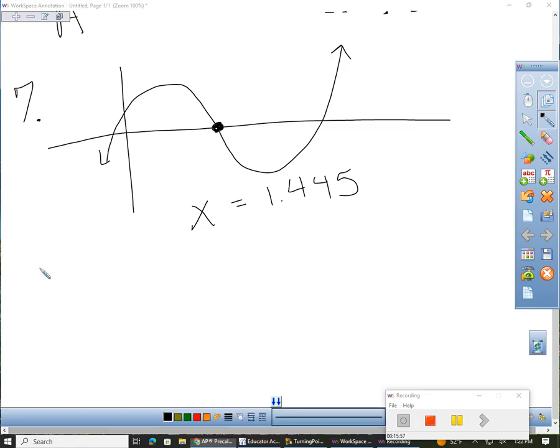Okay. Let's talk about 9. On 9, it gives you some values. So instinct should tell you you're probably going to need to put it in your stat. Yep, list 1 and list 2. Okay. So in this one it says predicted by the logarithmic function. So when you go in there, the one you need is natural log reg. There should be an ln button, like an ln reg. Okay? So when you put it in, we should get